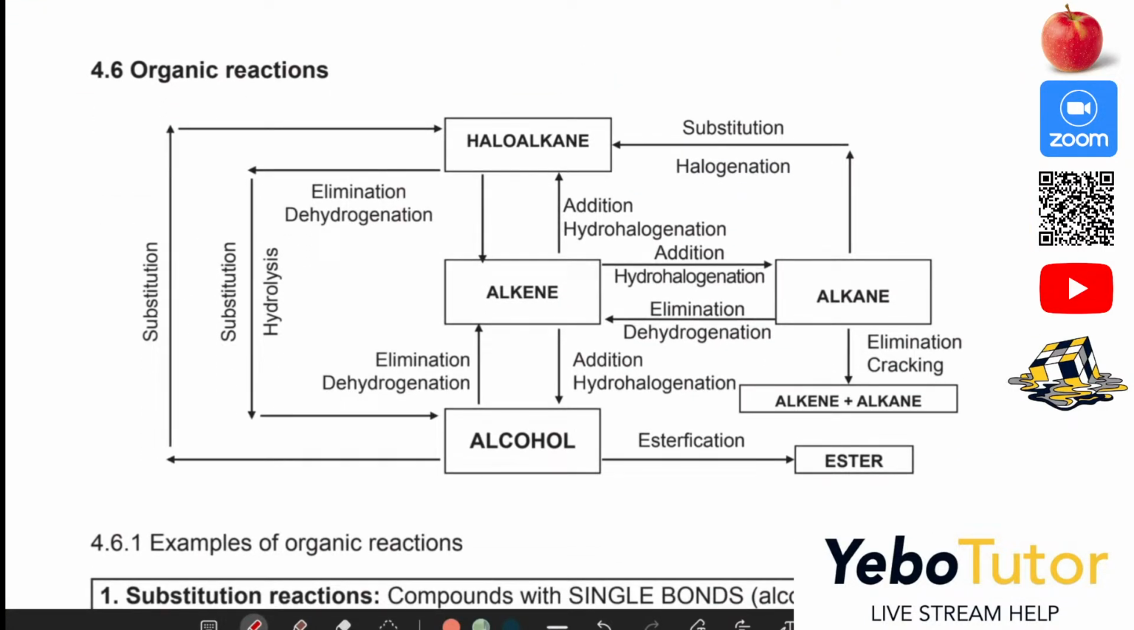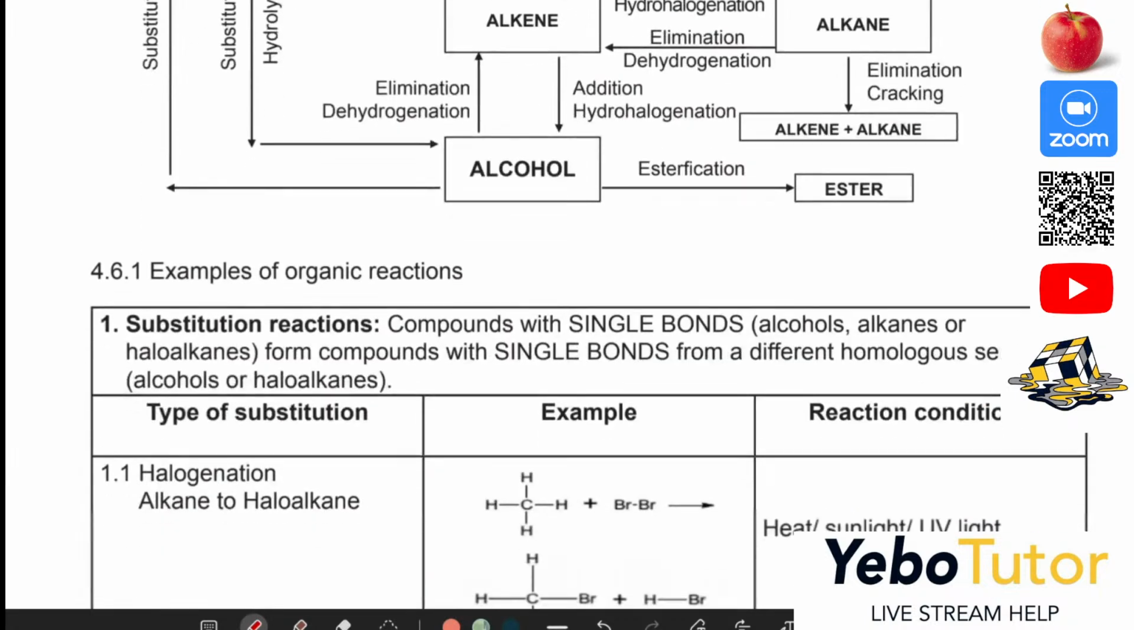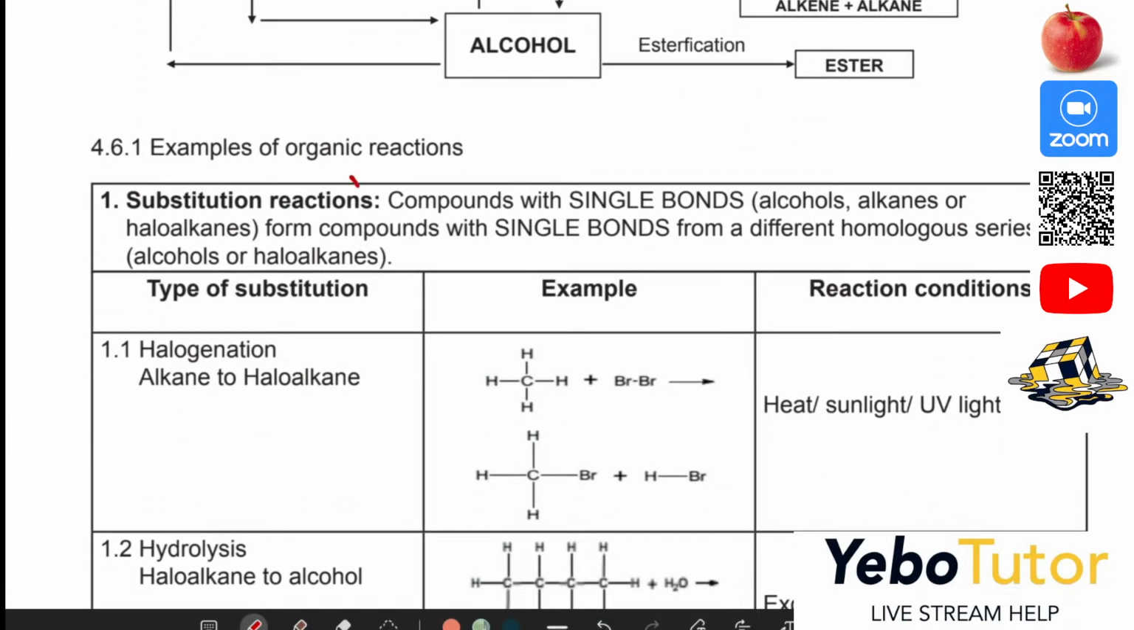Now, we have our organic reactions. Very, very crucial. We have our haloalkane, and there is a process for how everything happens. But what is important to understand is our substitution reactions. So what happens during a substitution reaction? We know that compounds with single bonds, and this is definitely your alcohols, your alkanes, or your haloalkanes. If you still remember